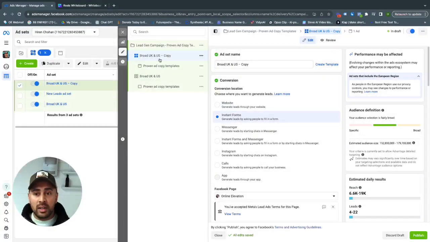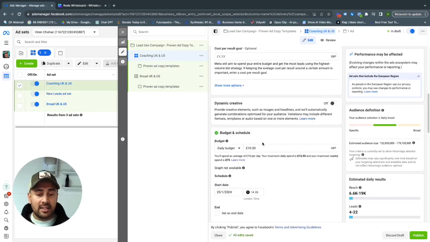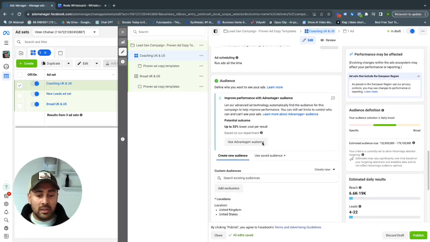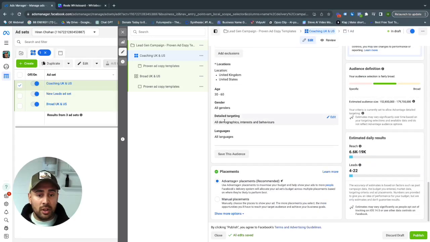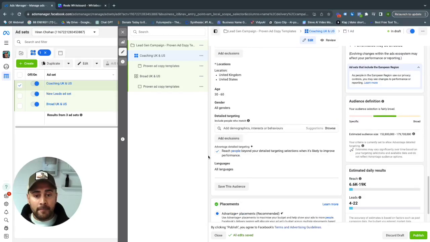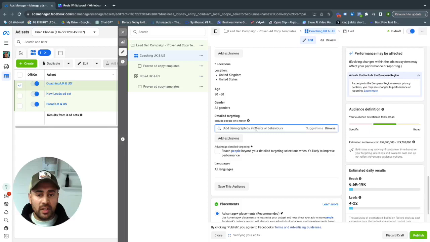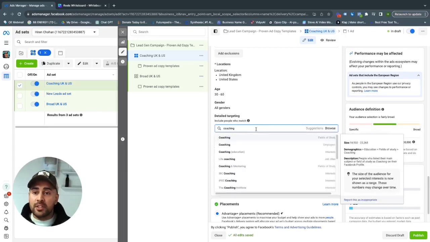And what it's going to do is it's created a brand new audience. You can see it says copy here. And maybe you want to pick an interest on this one. So maybe I want to be a bit more specific on this. And instead of going broad, as well as testing this, simultaneously, I can test a different ad set out. So if I scroll down to detailed targeting, and I come over to here and I type in coaching,